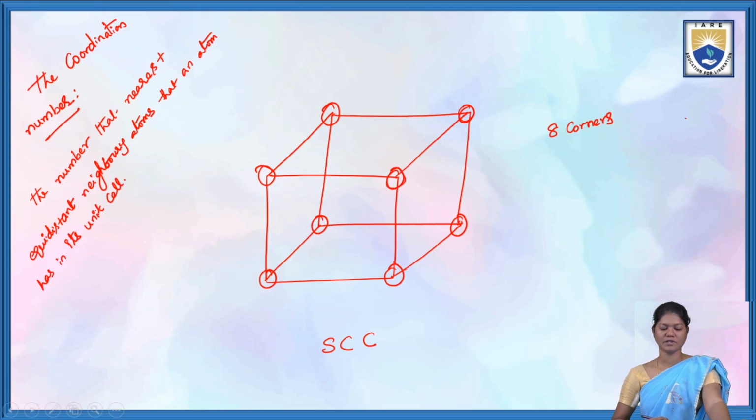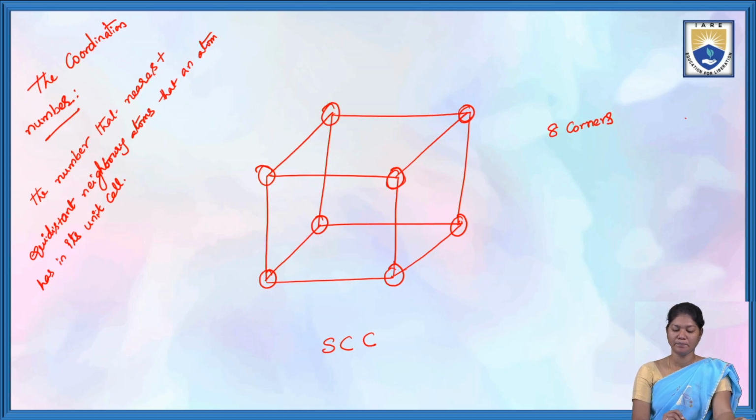Okay. So the number of nearest equidistant neighboring atoms that an atom has in its unit cell is the coordination number. Suppose we take the nearest neighboring atom,